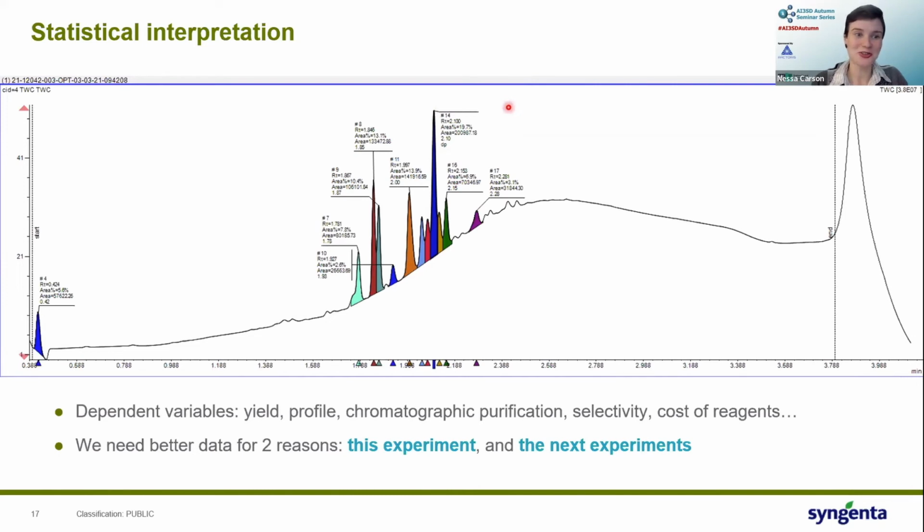I'd asked what to optimize for. They said yield. I was like, great, okay, I'll do that. Here is your trace. And in this case, this actually was considered a success. We carried on with this particular method. It was a very, very challenging reaction. So we were actually happy with this, but